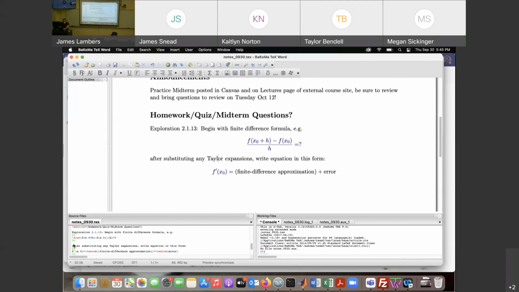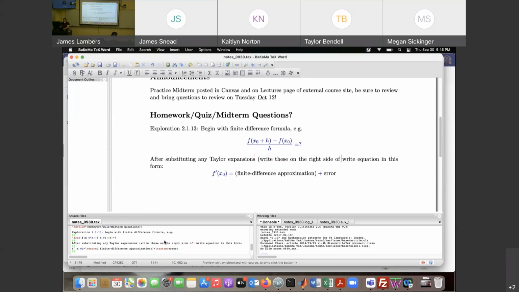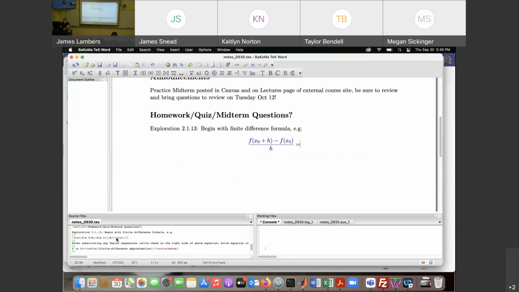So after Taylor expansions, okay, what I mean by that is, another way of putting it is, you're gonna set this equal to